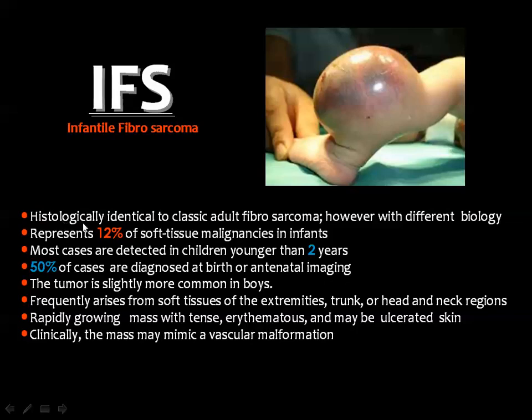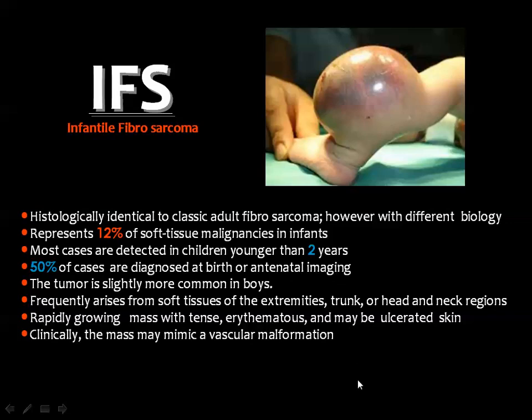Infantile fibrosarcoma is similar by histology to the adult fibrosarcoma, but the tumor biology here is quite different because this is not that aggressive. It represents 12% of the soft tissue malignancies. Most of the cases are detected in children younger than 2 years, and 50% of cases are diagnosed at birth